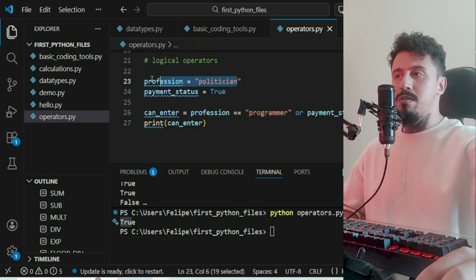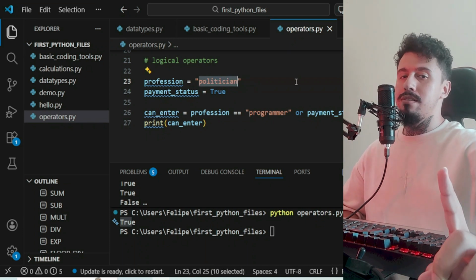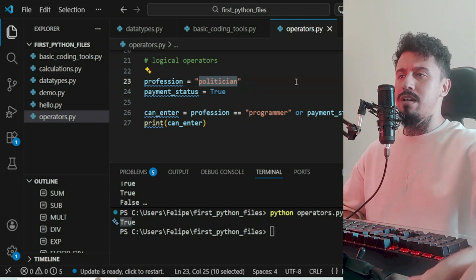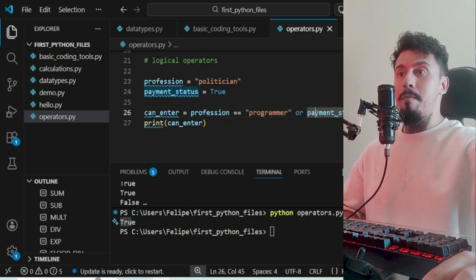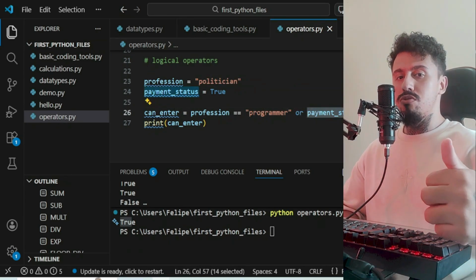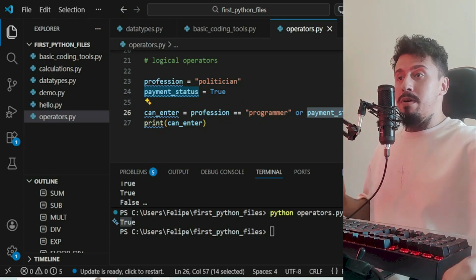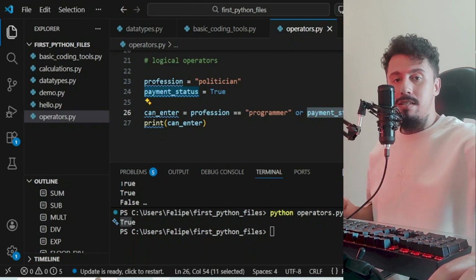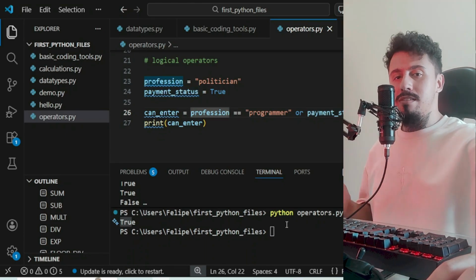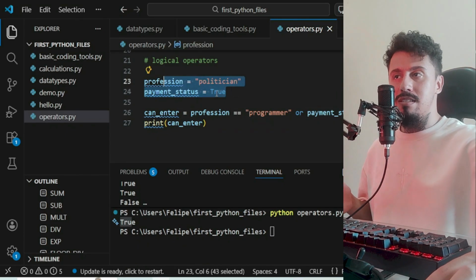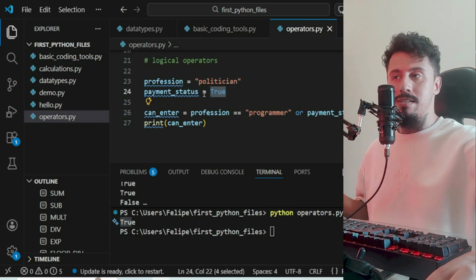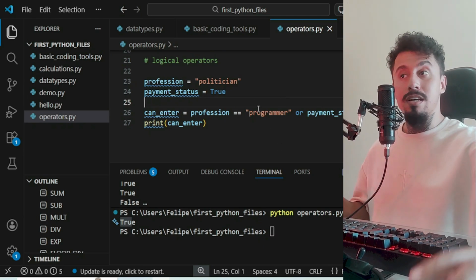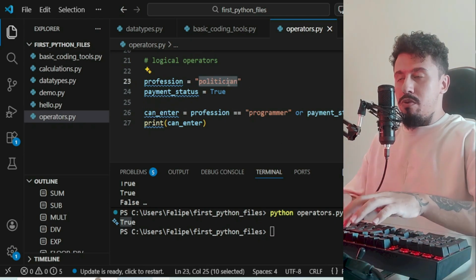Is this person a programmer? No, this person is a politician. But we have another condition, that is, or payment status true, all right? So if the person is not a programmer, but the person paid, the person can enter. So in this case, this politician paid, so he can enter, no problem. The opposite is also true. So programmer,